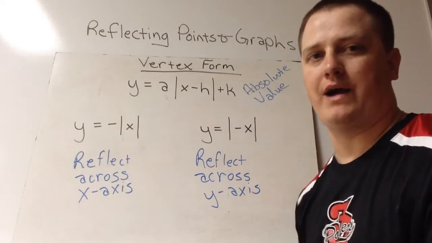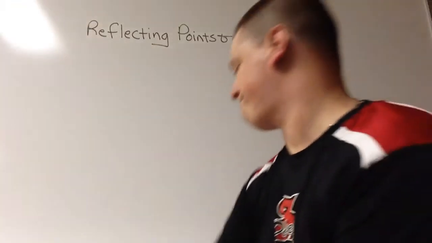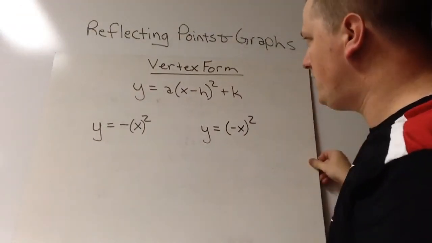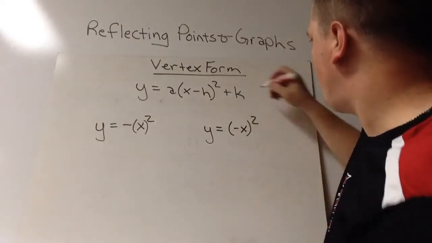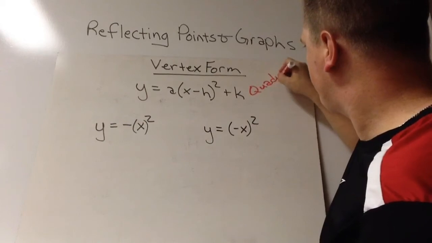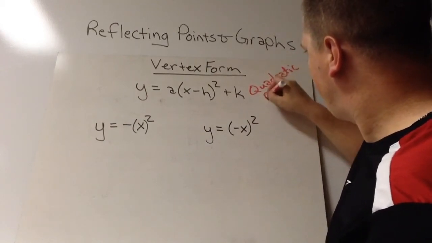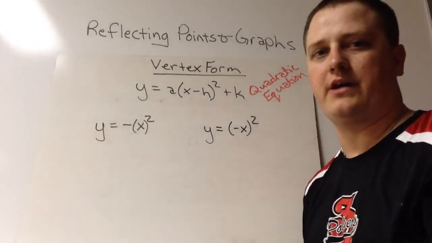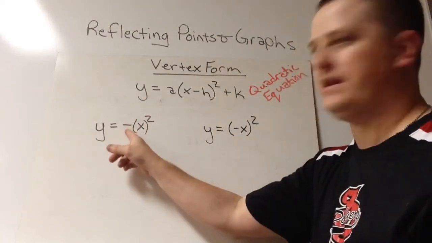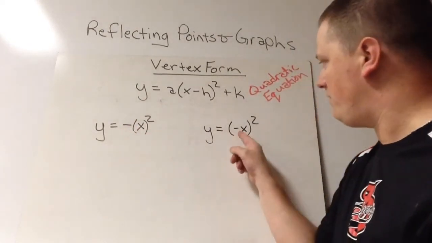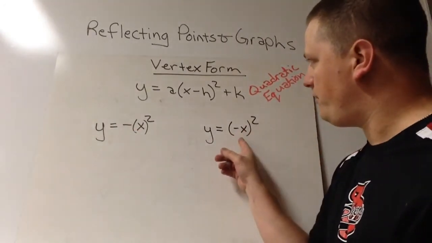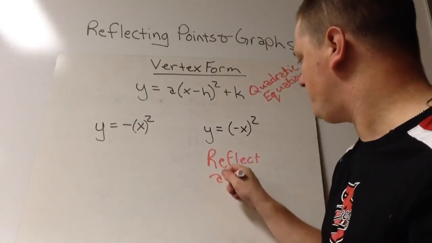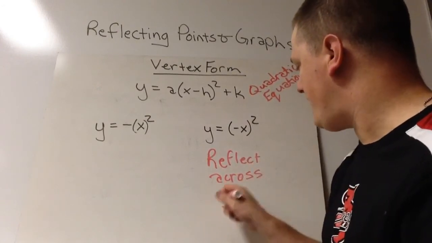Let's also look at quadratics. So here we have vertex form of a quadratic equation. So in this quadratic equation, we have two situations. One where the negative is not grouped with the x, it's outside, and one where it is grouped with the x. So the one that's grouped with the x would be reflection across the y-axis,